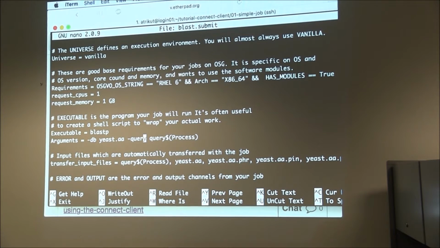And so for each of our jobs, we can submit that as an argument just by typing in query $process. So you see that if you launch 10 jobs, the first of these will be written as query 0, the second will be query 1, and so on and so forth. So if you had 100 queries, really all you need to do is just have a file for each one of those queries, named query followed by the ID for that query.